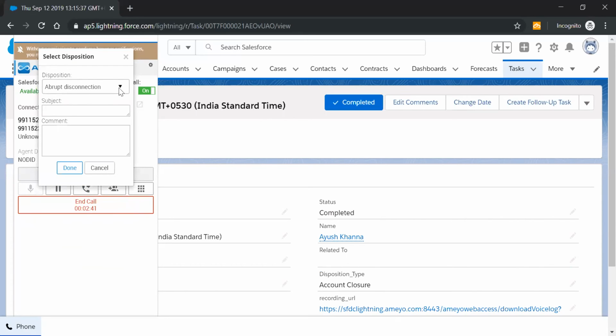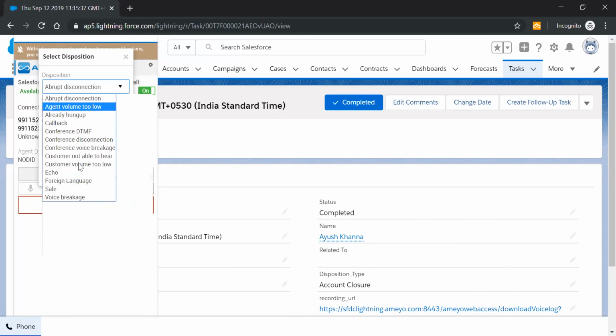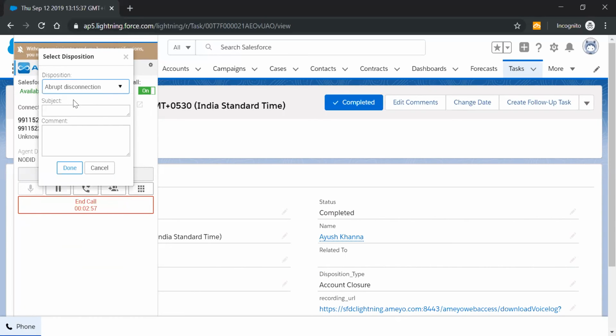And yes, you have the disposition. Now, disposition can be quite important as it tells the outcome of the call, that why did the call actually happen, a one-word or a two-word outcome. So these are the disposition codes which are completely configurable. You can have your own disposition codes into play. Now, whatever disposition I select as an agent would be firstly passed on to the Salesforce CRM over here like this, as well as to the Amir reports that we are offering. Plus, as an agent, I can put down comments if required.